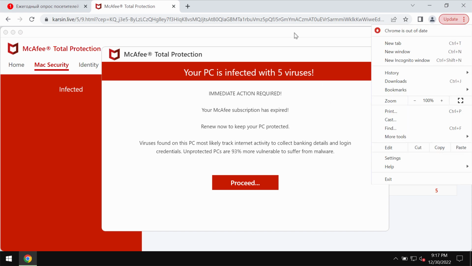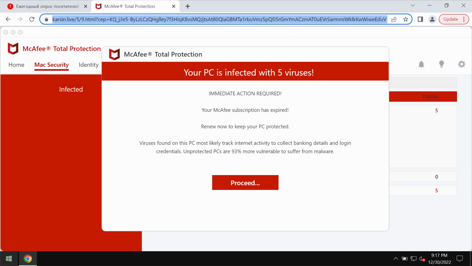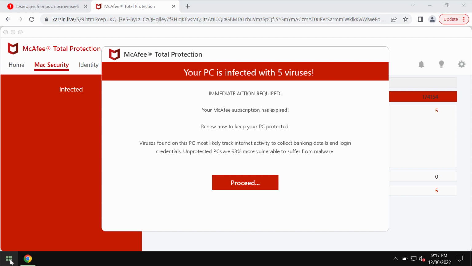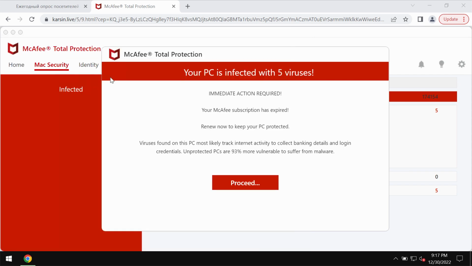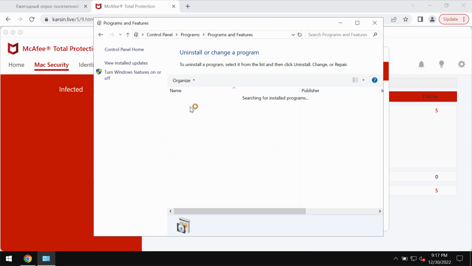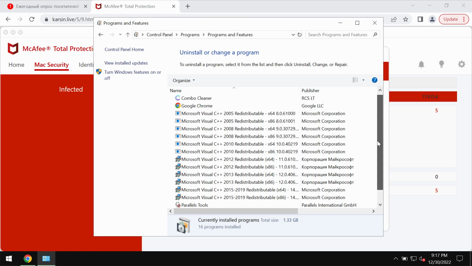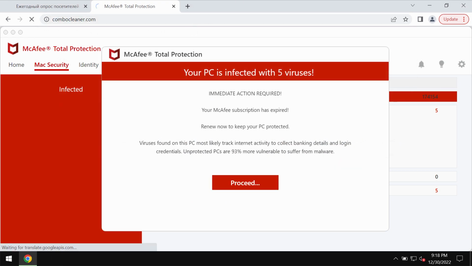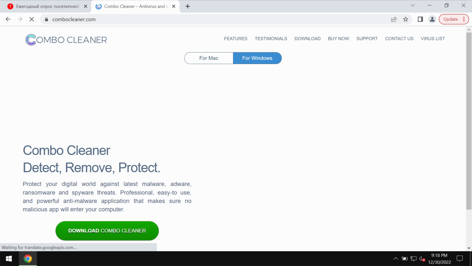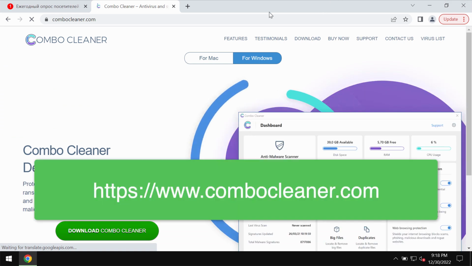We recommend you to fix your browser immediately, and of course what you could do is, first of all, researching the system. Check the control panel and uninstall any programs if you find them to be suspicious. To make sure that your computer is free of other possibly hidden threats, I recommend that you investigate it with